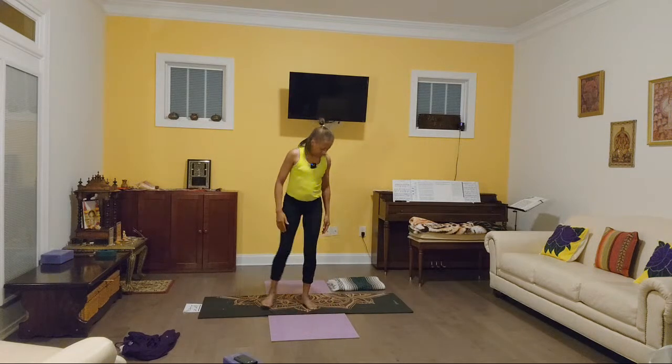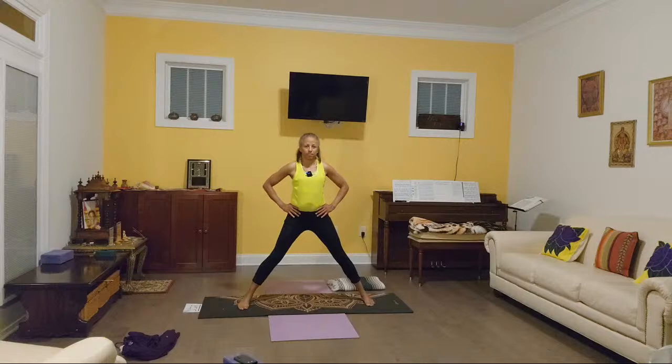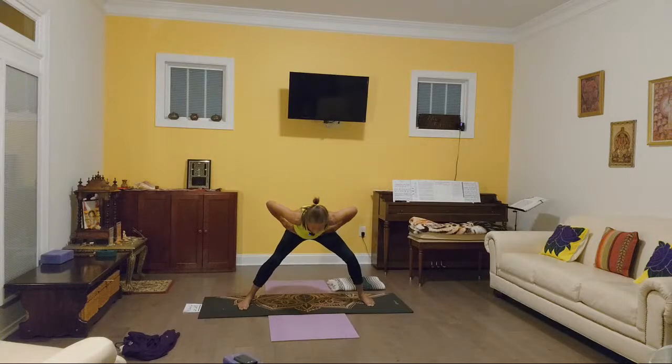All right, now from here, we're going to separate our feet about 3 or 4 feet apart, depending on how long your legs are, and place your hands on your hips. Inhale, lift your chest, and then exhale as you bend your knees, coming down as far as you feel comfortable. Inhale, lift your chest again, and then exhale, bend your torso forward and place your hands on the floor in